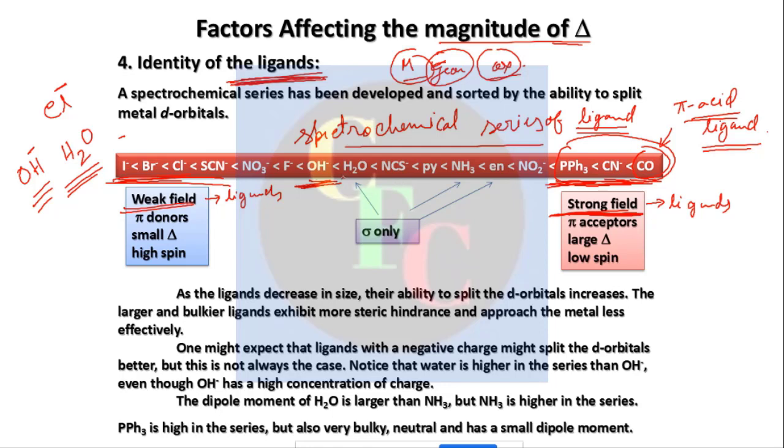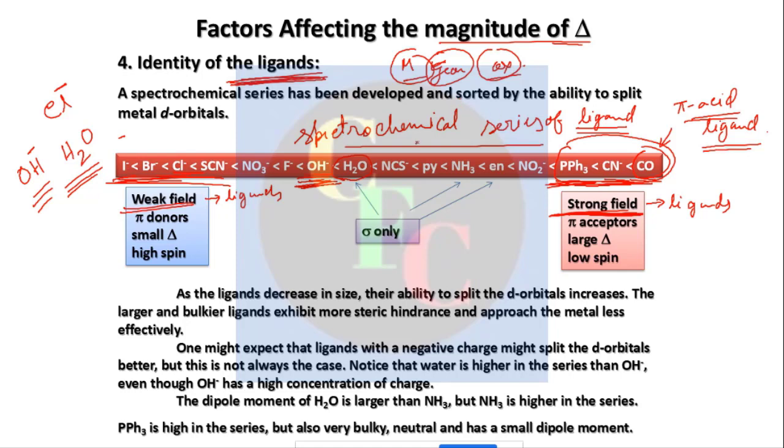You see, water is much higher than chloride, bromide, fluoride and also hydroxide. This can be explained only if there is a strong interaction between metal and ligand orbitals rather than mere electrostatic attraction. So these are the shortcomings or drawbacks of crystal field theory. This was our discussion about the first part of crystal field theory.